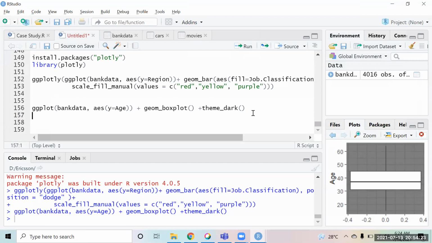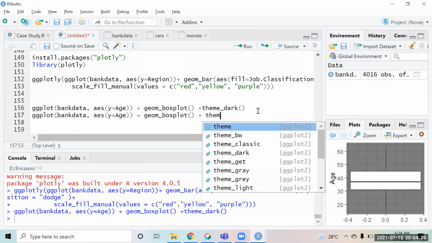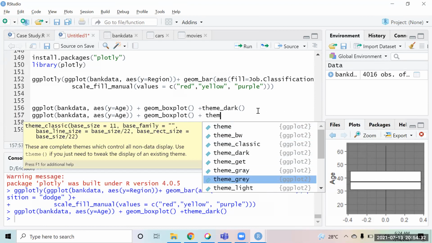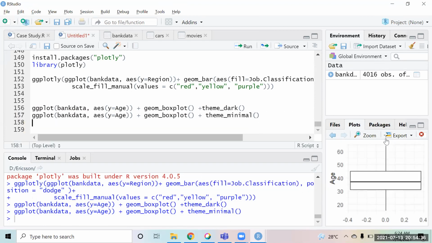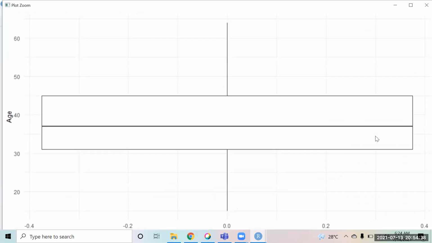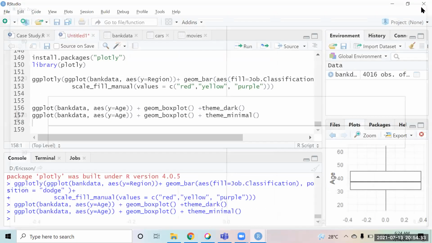Suppose now you want to use some other theme, so you just have to say plus theme underscore minimal. And now you will notice the theme gets different over here.